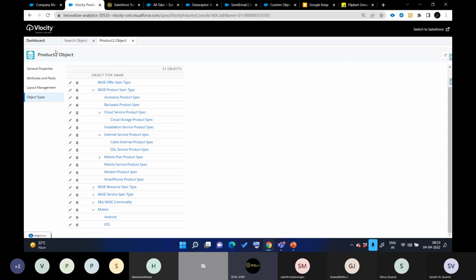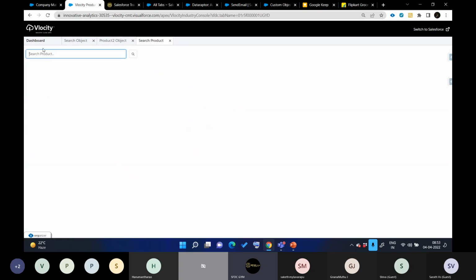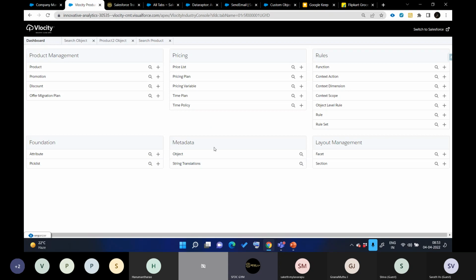And then you can go for tagging your products. How will you tag your products? They give this option where you simply click on this and search for any product or add any product also, right? So they reduce the effort we spend on maintaining the object structure, the Apex classes, UIs, and all those things. You don't need that. You just ask the questions to the business, and based on the answers, you set up the object structure, and then you simply set up the products and environments, right? That is how they simplify these things.